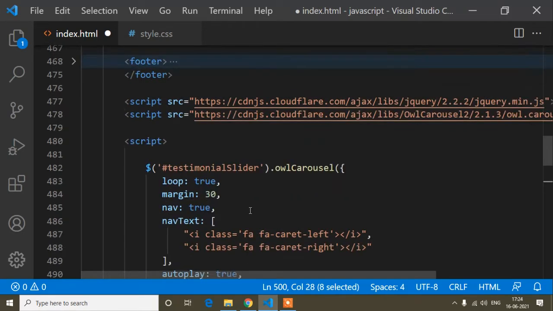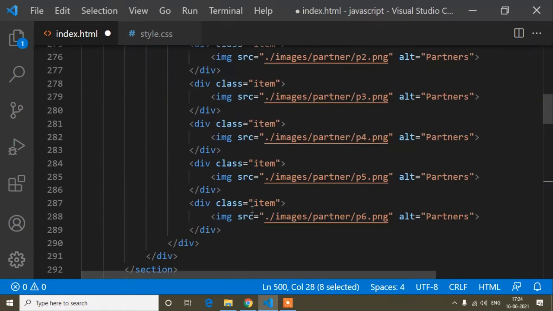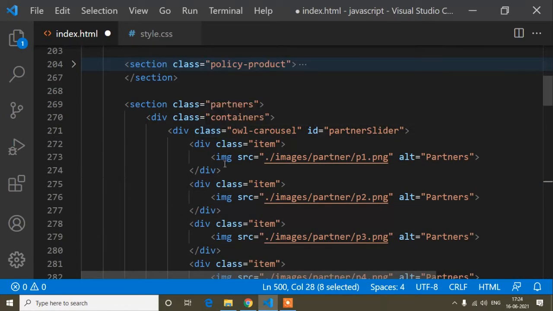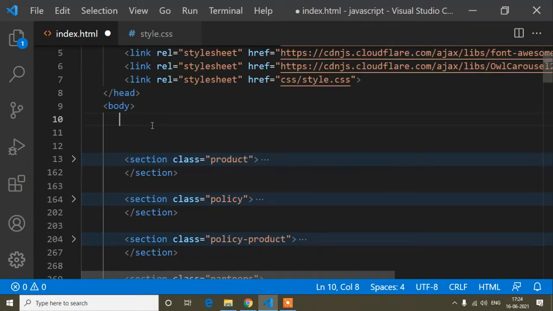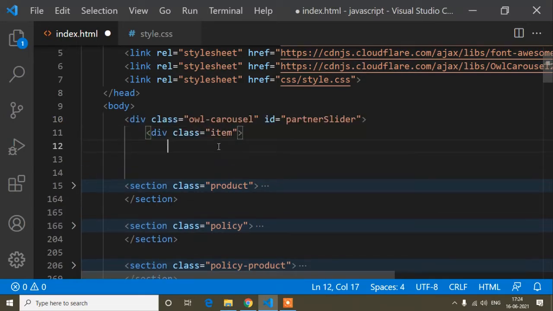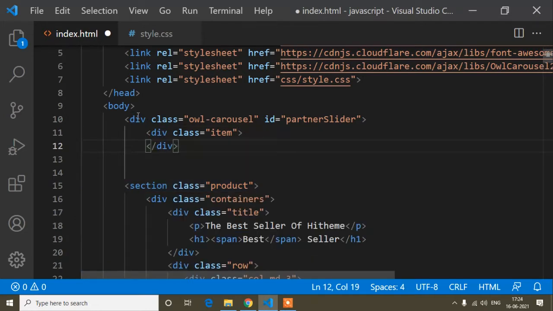Okay, so first of all, now I will add the HTML code. For the HTML code, I will copy from here. I will provide this HTML code in my description also. I will copy this code and paste it just above all the code, because I will add the testimonial slider above all the designs. For this div item I have to write the end tag, and for this one I will write the end of this Owl Carousel div tag.